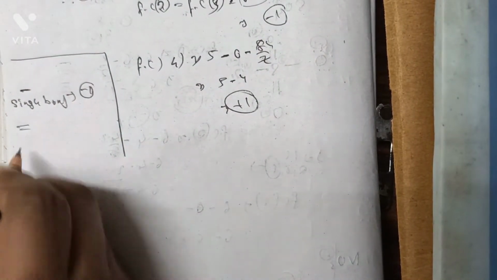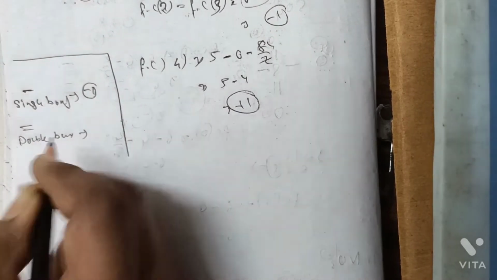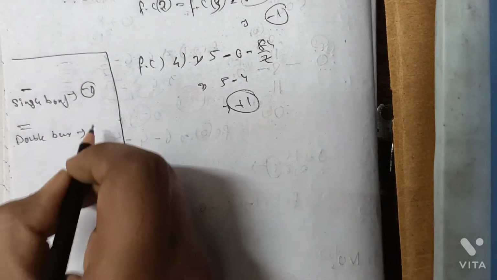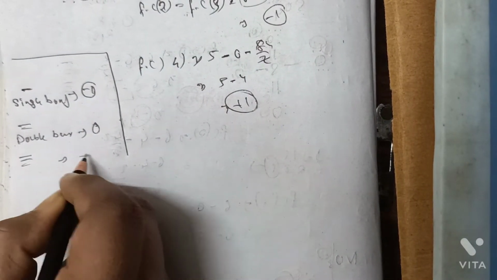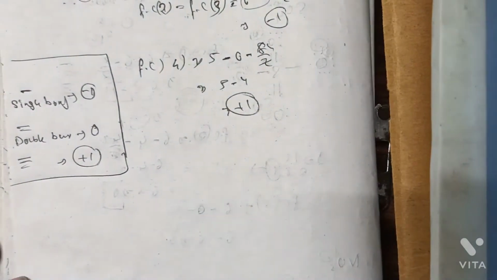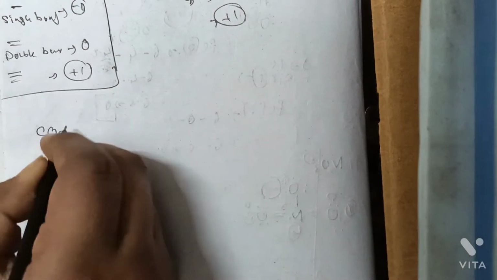Okay, if an atom is connected by a double bond, the formal charge for that atom will always be 0, and for a triple bond the formal charge will always be plus 1. Okay, so let's practice one more. Let's practice the CO3 2 minus carbonate ion. For this we always know that C is the central atom.